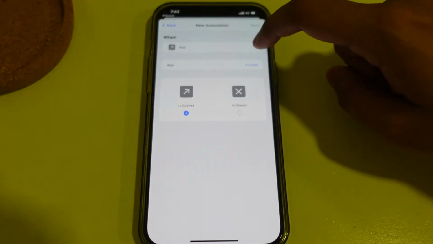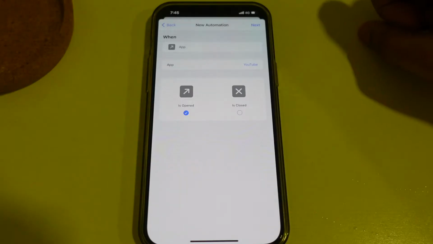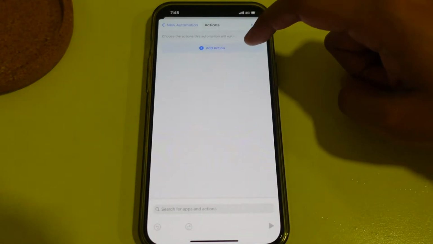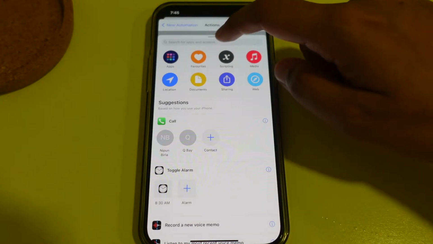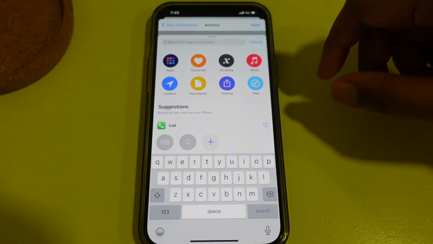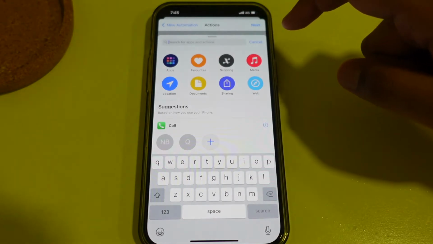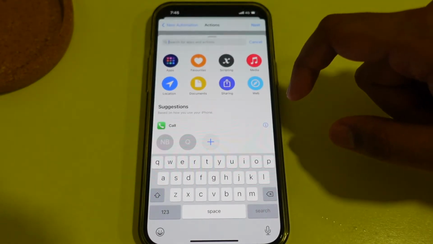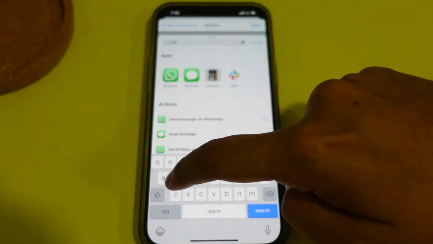So once I look for the application, let's say I choose YouTube. So anytime someone opens YouTube on my phone, I should get a message on a specific number that I want to program, saying that someone has opened YouTube on this device. This can be set up on an iPad as well. So if you're a parent, you can do this for your kids so that you get to know that your kid has opened YouTube and stuff like that, or it could be any other application that you want to control. So I'm just going to look for SMS, or rather Messages.